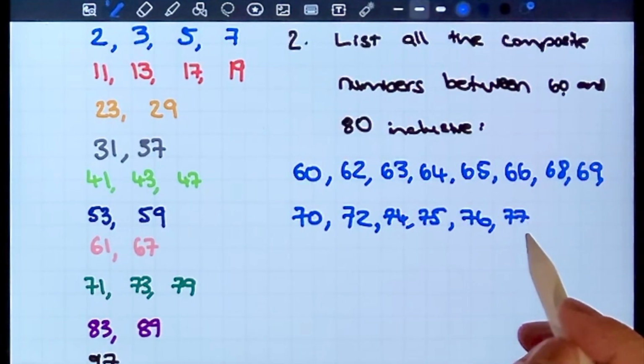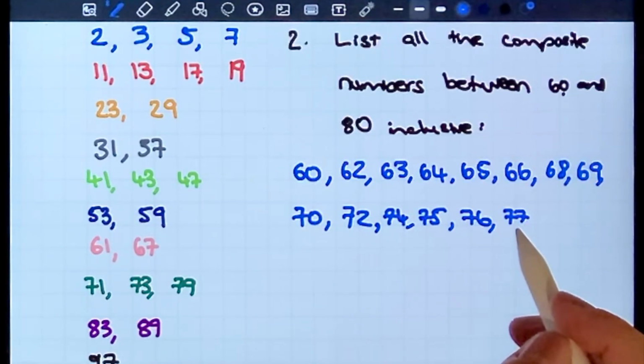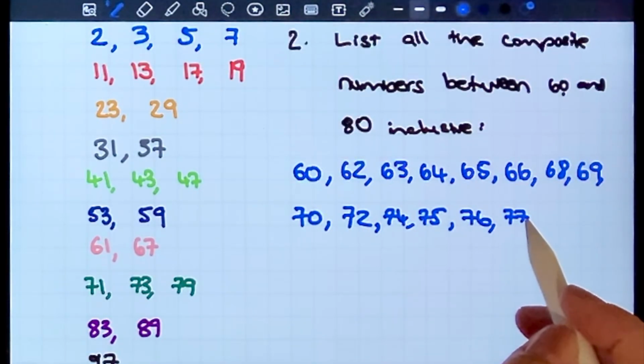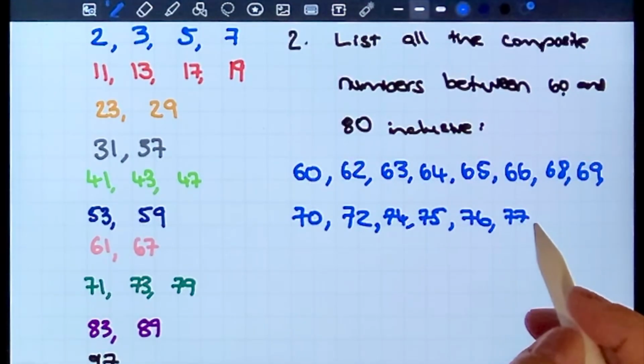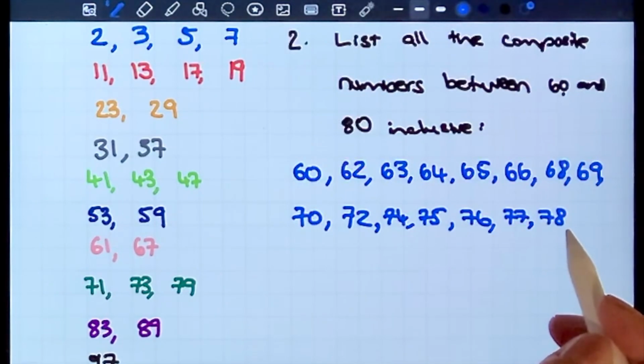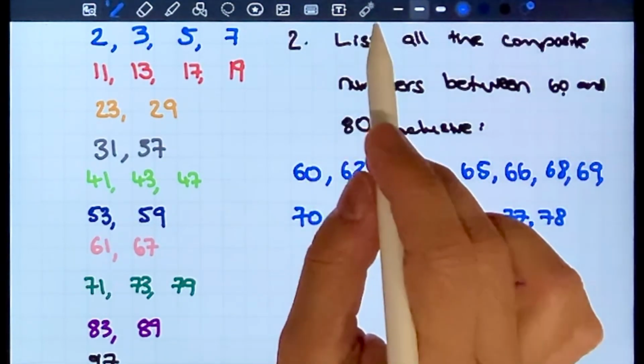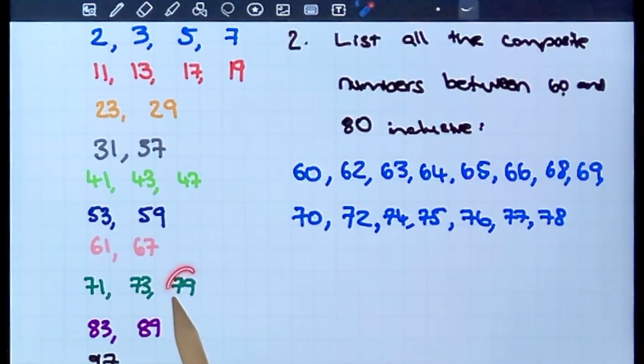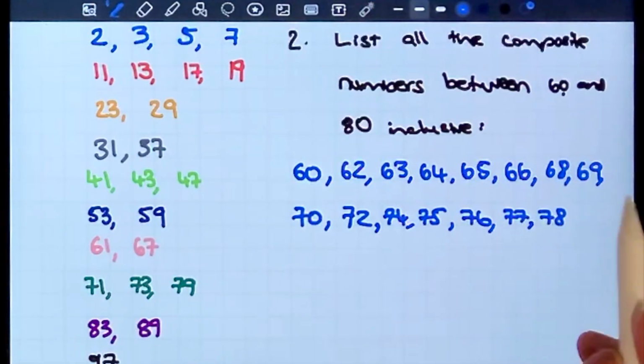77 is certainly divisible by 11 and by 7, so it's composite. 78 is even, so it's composite. And then I can see that 79 is a prime number, so I'll skip that one. And 80